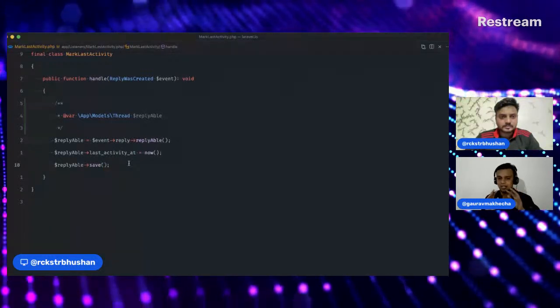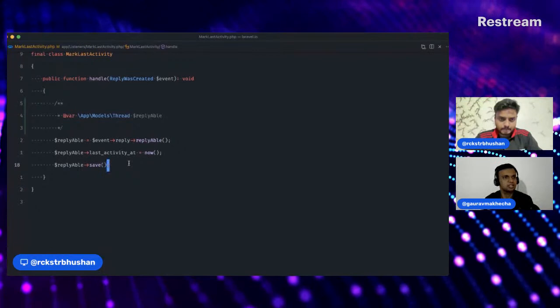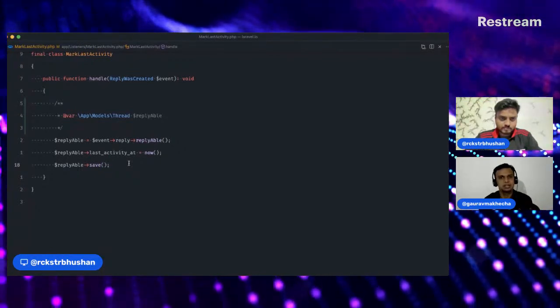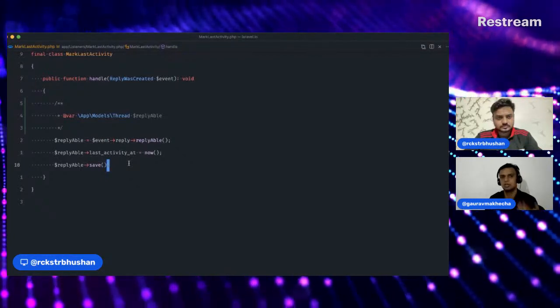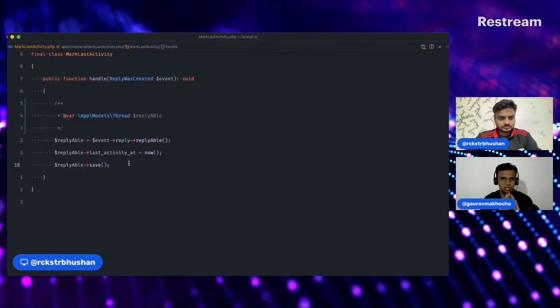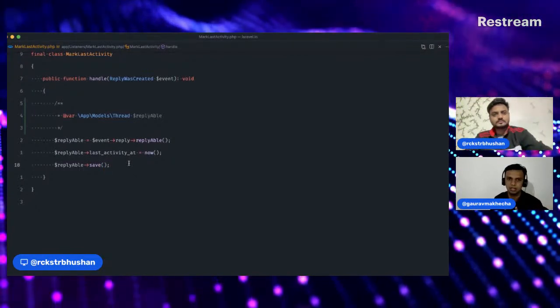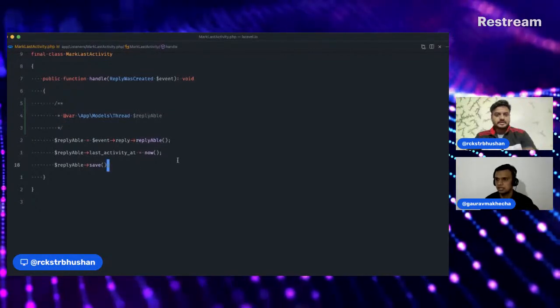Again, I'd like to tell all of the viewers that what we are doing is not extra work. It is going to help us with code completion in our IDE, and also when we look at this, we know that this is actually thread, so it will help us. It will save us from making mistakes.